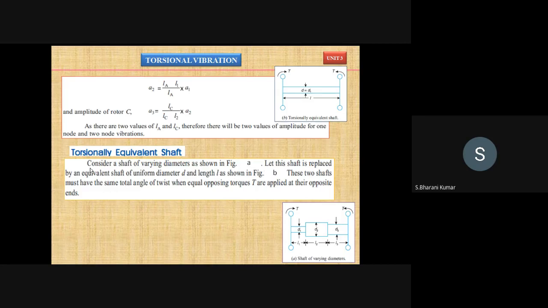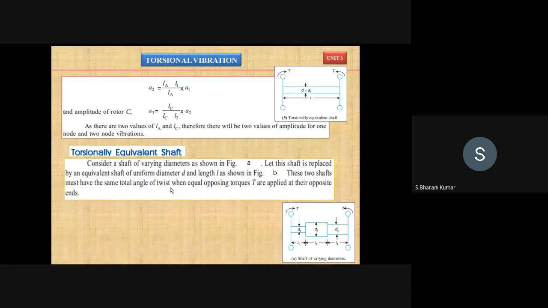Consider a shaft of varying diameter as shown in figure A. The shaft is replaced by an equivalent shaft of uniform diameter D and length L, as shown in figure B. Look at the line here. These two shafts must have the same total angle of twist when equal and opposite torques are applied